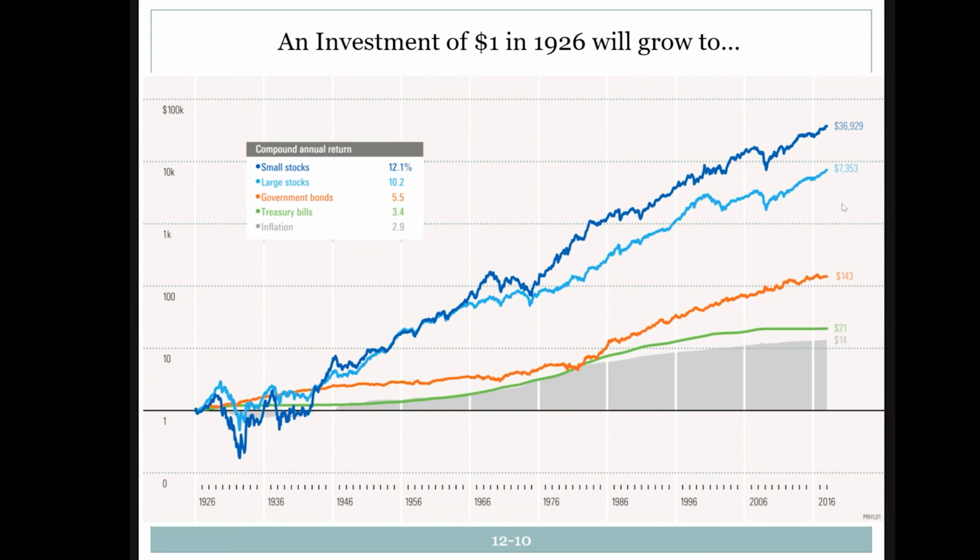If we invested $1 in that portfolio, it would grow to $7,353 in 100 years, right? Which is enormous. And the crazy part is that's not even the best we can do, because if we invest in the portfolio of the smallest 50% of companies in the stock market at any given year, that dollar grows into